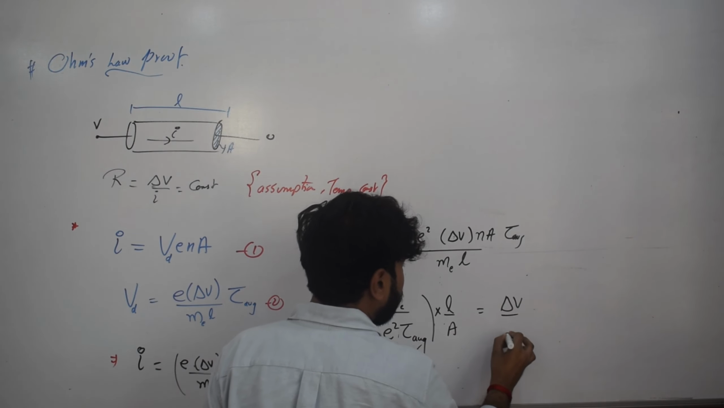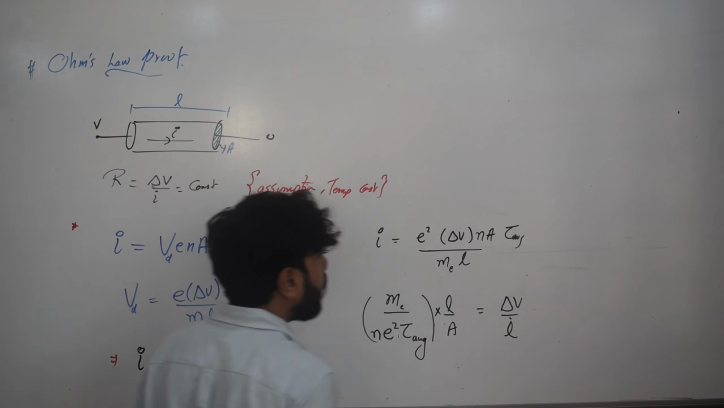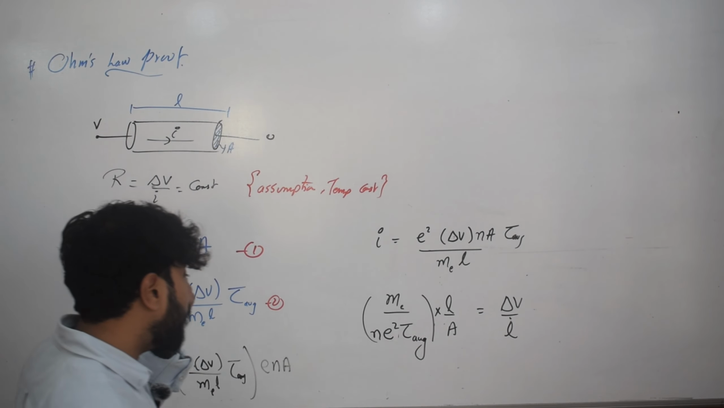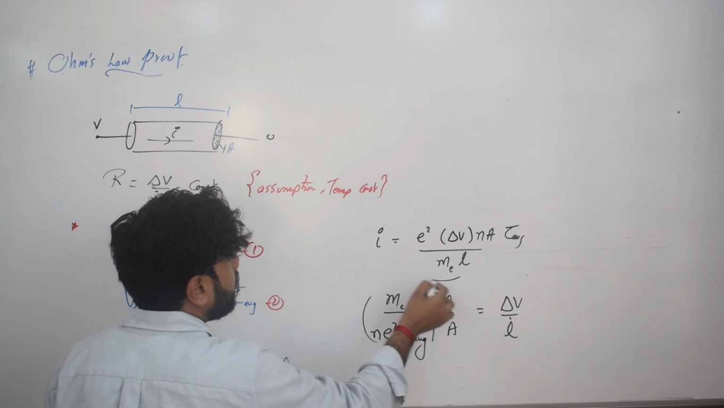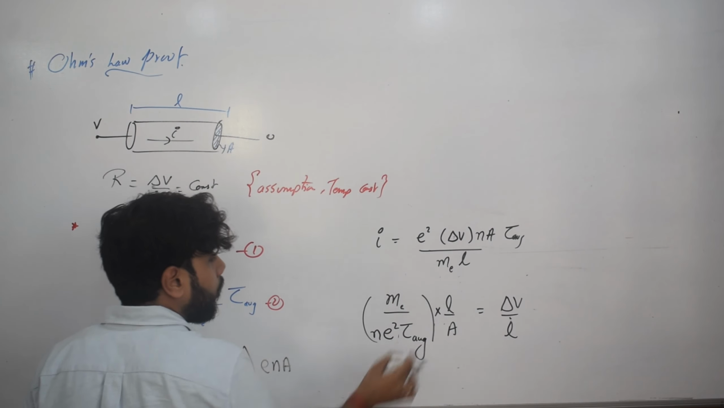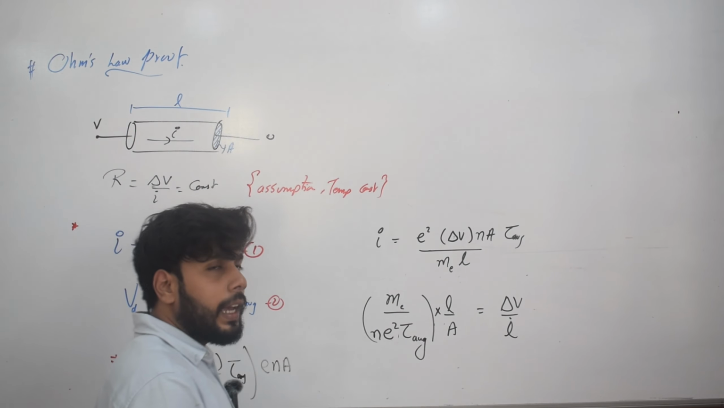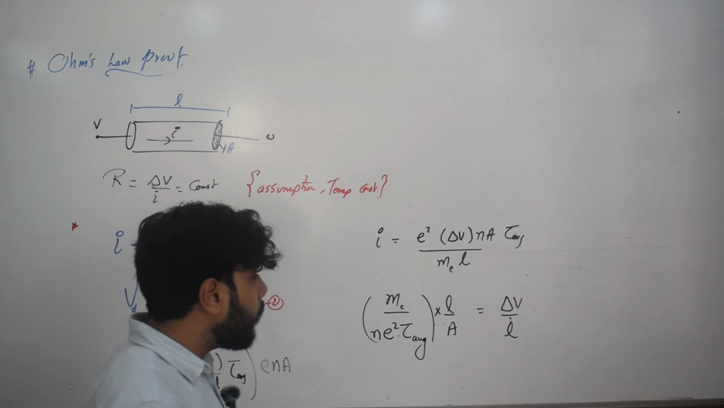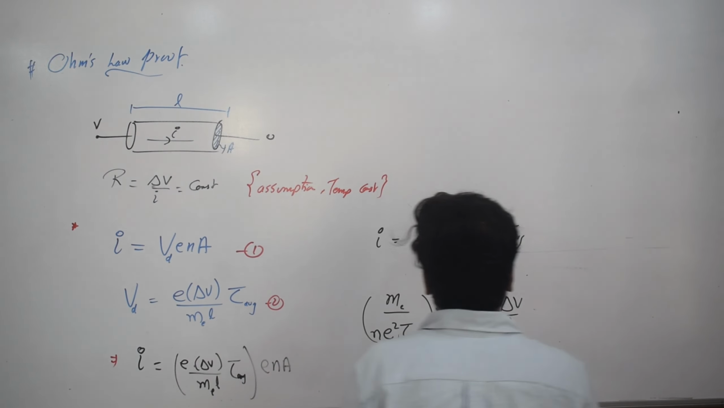We can write like this. I just did what? Cross multiplication. If you do cross multiplication, this term is going to be there, and all these terms are going to be the denominator. That's what I wrote, and L and A I wrote separately. I'll tell you why I wrote L and A separately. Now see,